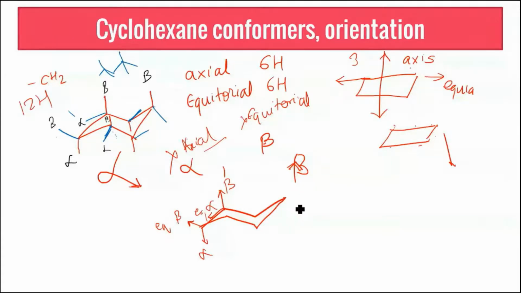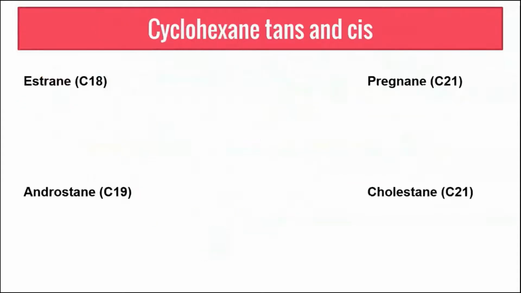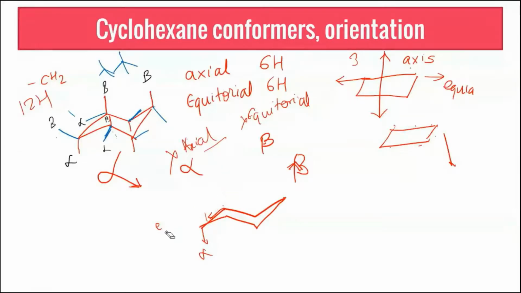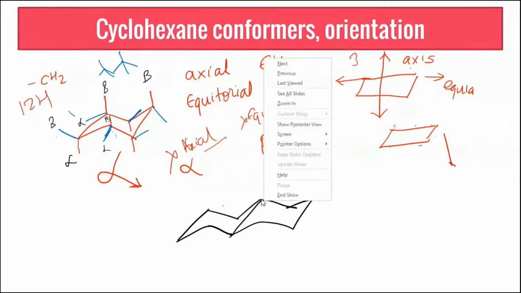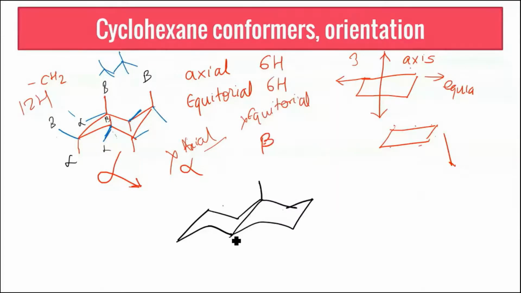At the point of attachment, we label them as cis or trans. So if I extend this, I'll take the next page for drawing. Now when I have steroids, I have A and B ring which is fused. Supposing I'm drawing, this would be ring A, for example. And if I draw the next ring here, this is the point of attachment. Now on the point of attachment, I have one carbon here and the second carbon here. If I draw this temporarily as methyl, I would have one axial bond which is alpha, one bond which is beta. And this type of arrangement would then be called a trans arrangement.